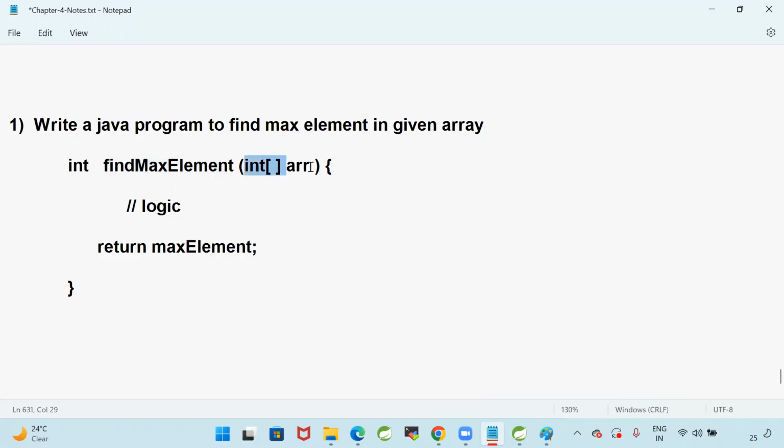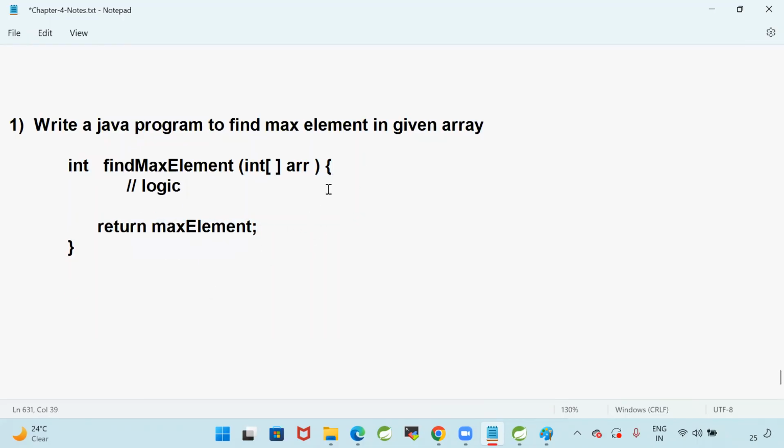Array I am giving as an input. From this array you need to find the max element. You need to return that. So parameter is required. Return type is also required. As I am returning an int value, I have to return this max element. Okay. Second scenario,